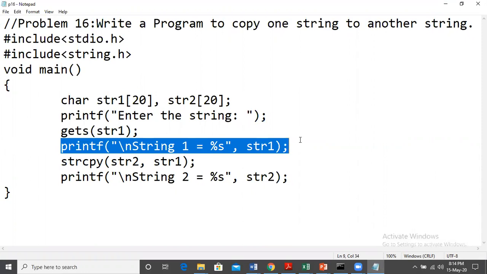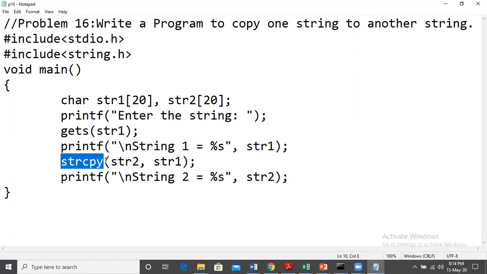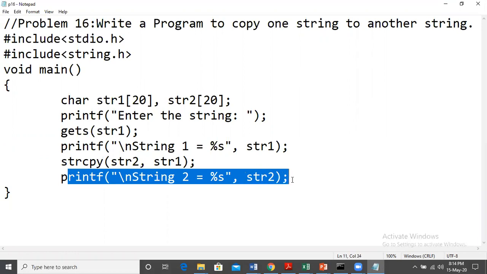This is optional. We just print whatever input we have taken. This is the main statement wherein we are copying the value of string 1. The entire string 1 is copied to string 2. If we use strncpy, we may write comma n value, any number of characters, and then print string 2 also. So here we print string 2.